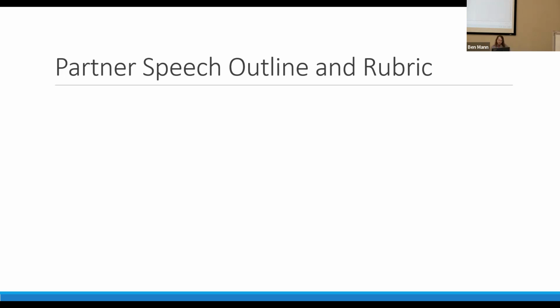So again, starting with some type of attention getter that gets us interested in thinking about the ideas that you'll be presenting in the speech, some type of thesis or main point you want to get across, a preview of the points you intend to cover in the speech, body points that provide details and information. And we'll be talking more in this class about some of the ways that you can organize the main body points of the speech. And then a conclusion that summarizes the main points and ends on a note that asks us to think going forward about the things that we should take away from the speech and what we've learned